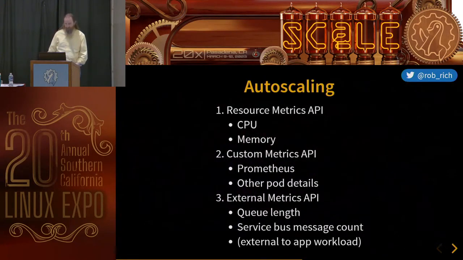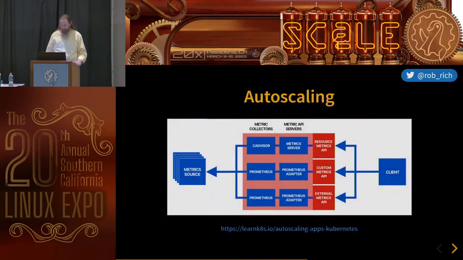So now that we've got 3 pieces, our first piece, the built-in things, we have CPU and memory. As we look to custom internal metrics, we might look to Prometheus or other things. As we look to external metrics, we might look to queue length, the service bus message count, or external workloads in an app. We could measure anything. Maybe we're looking at latency within the database or number of records in a particular table. Okay, so we want to then plug in different pieces.